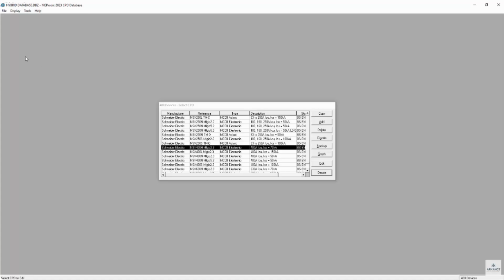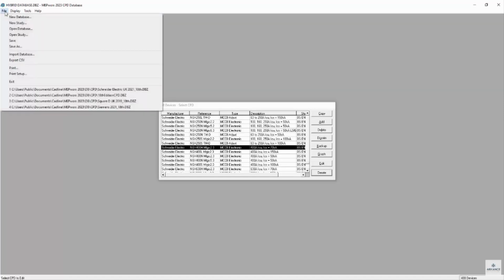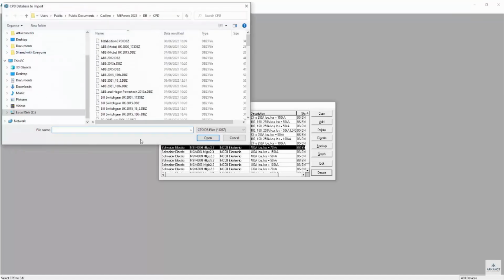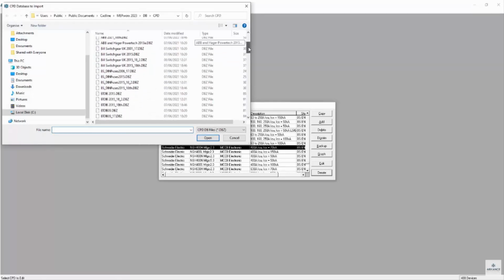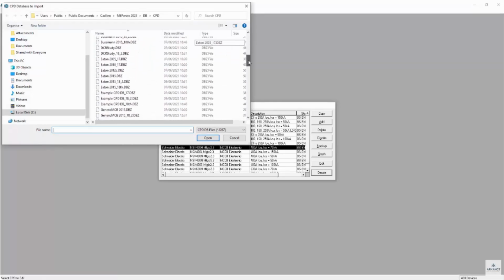If we now want to add another manufacturer in, we can either bring in the whole database or pick the fittings of the devices that we want. All we need to do is go to the File menu, Import Database. This takes us again to our CPD directory, and then all I need to do is grab the manufacturer set of devices that I want,